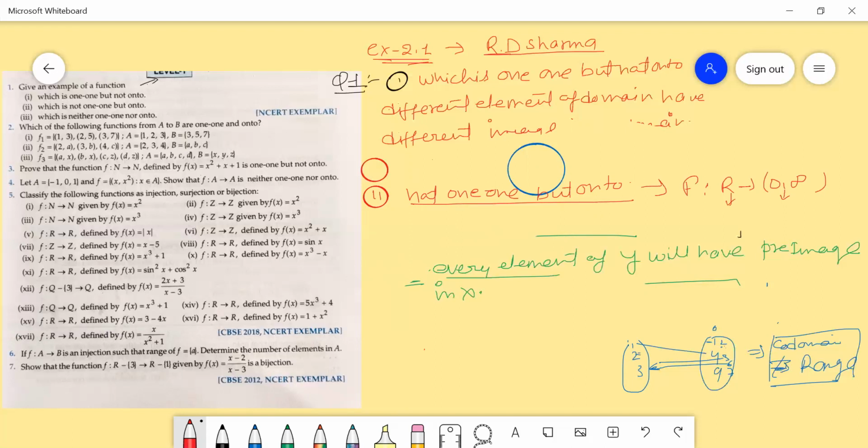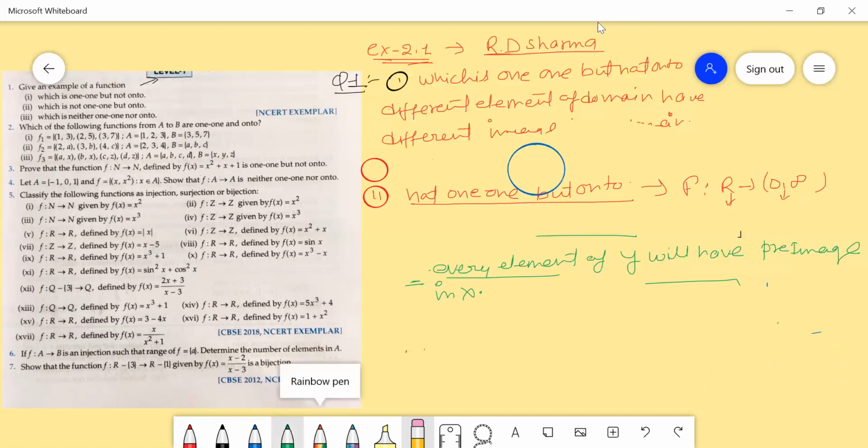So when we apply the definition of 1-1, the definition says a 1-1 function is one in which different elements of the domain have different images, right? So when we take the function f(x) equal to x square, the value of input is -1, because the domain is all real numbers.